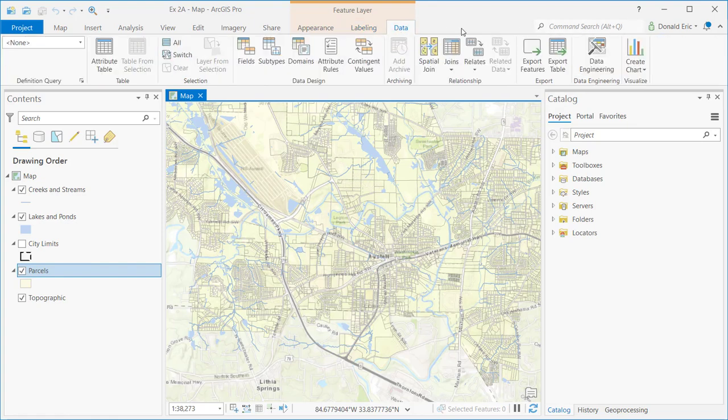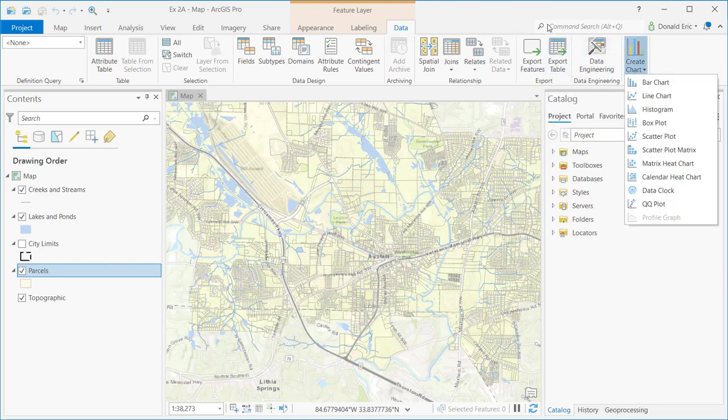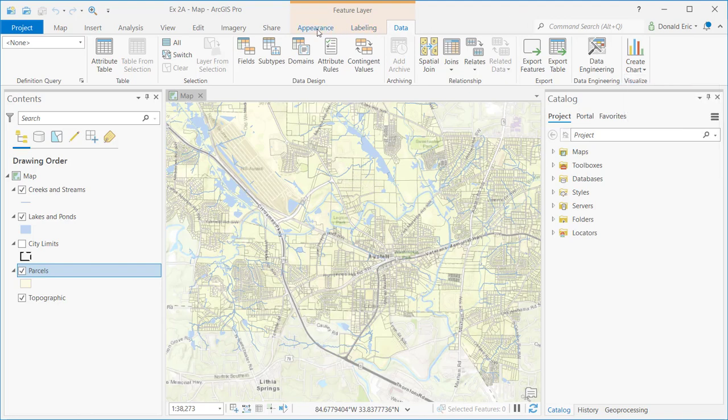And then finally, the data tab. Options here for setting the current definition query if you have one. Right now I don't have one applied to that layer. Open the attribute table, work with the selection set, do data design operations like adding fields, subtypes, domains, relationships for defining spatial joins, joins and relates. You can export the features, export the tabular data, create charts and graphs. So as you can see, just going through these three tabs,